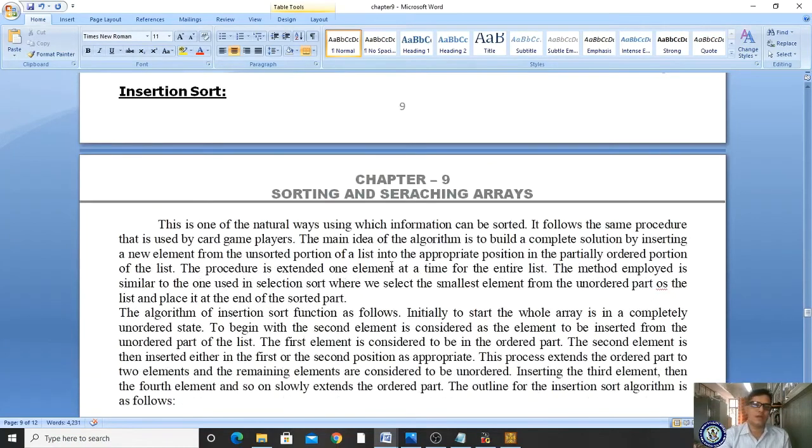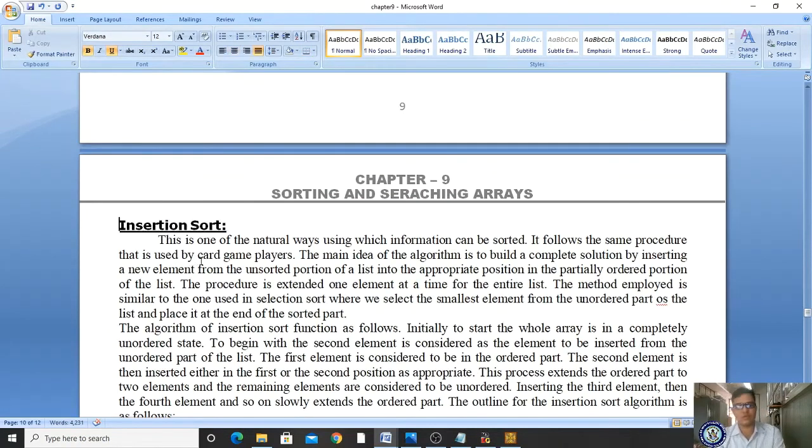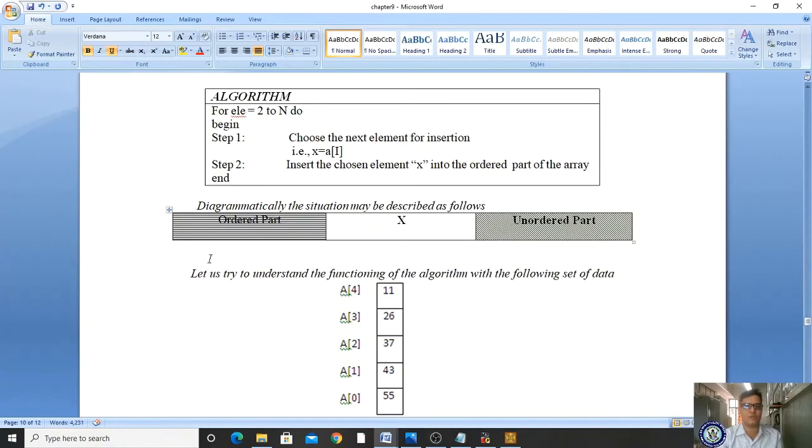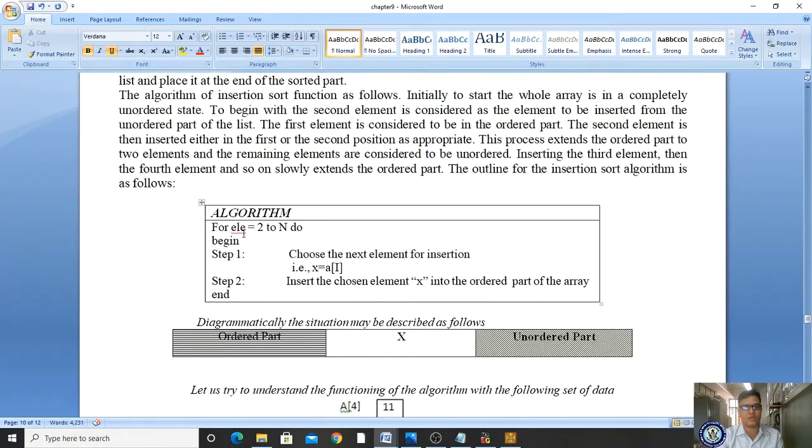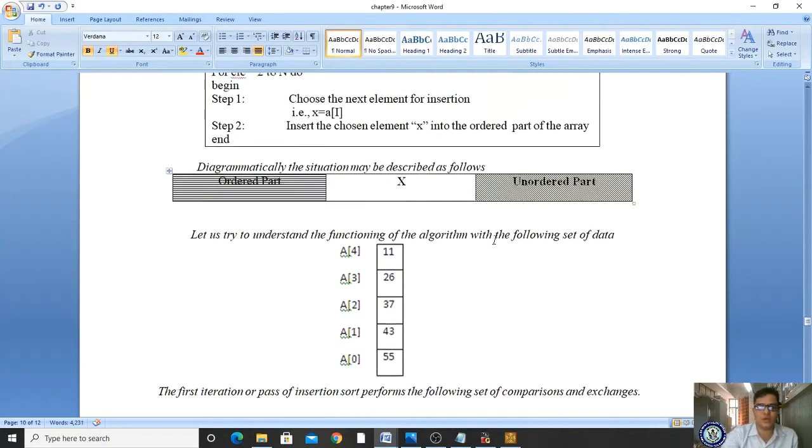Okay, and insertion sort is also one of the sorting techniques. By using this sorting technique we are also searching for an element. The algorithm is: for element 2 to n, you choose the next element for insertion. x is equal to a of I, and insert the chosen element x into the ordered part of the array.